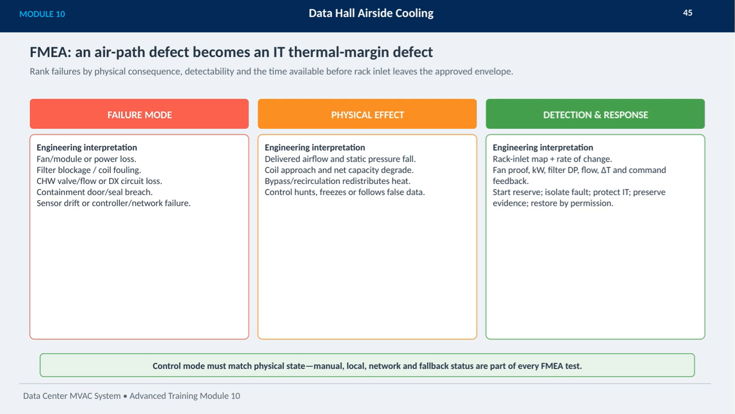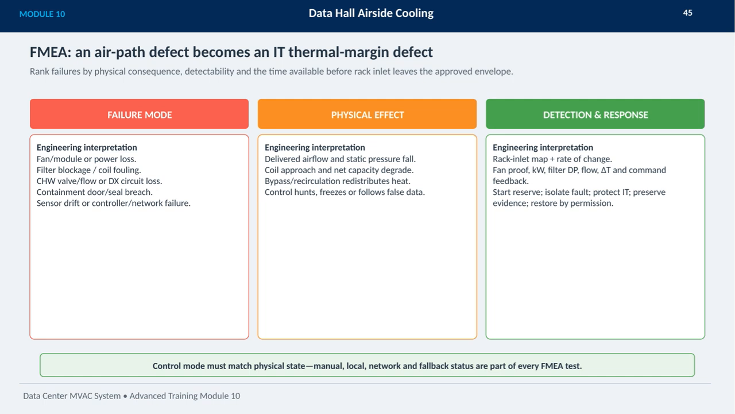For example, a fan or power loss results in reduced airflow and static pressure, while filter blockage or coil fouling degrades coil performance and cooling capacity. Valve or refrigerant circuit issues cause heat redistribution through bypass or recirculation, and sensor or controller failures lead to unstable control behavior. Detecting these faults involves monitoring key parameters like rack inlet temperature trends, fan power and flow rates, and